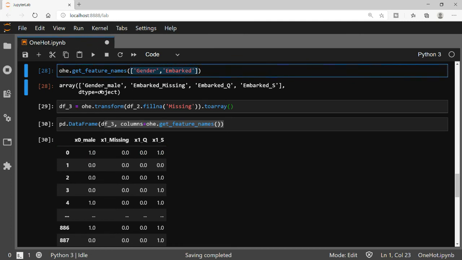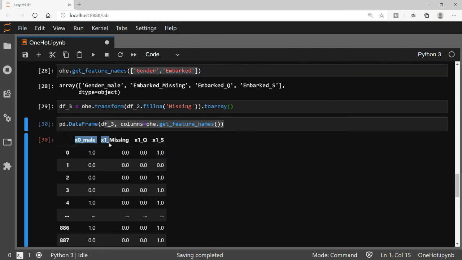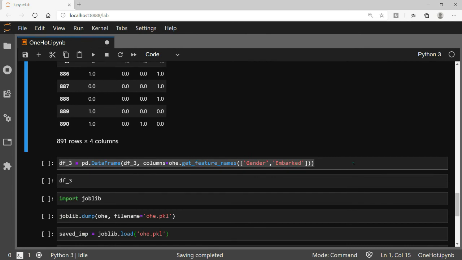You can quite easily understand that this x0_male is gender. So remember, whenever you are trying to get back your column names, you provide these column names. Otherwise, it will create them as x0_male or something like that.